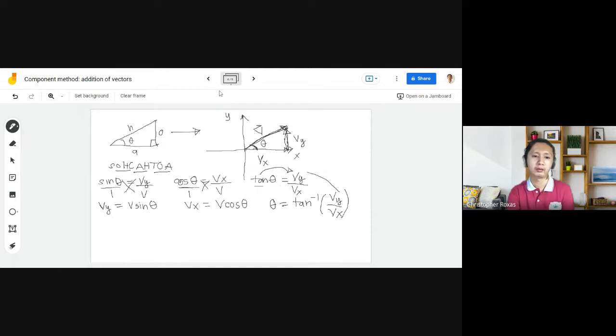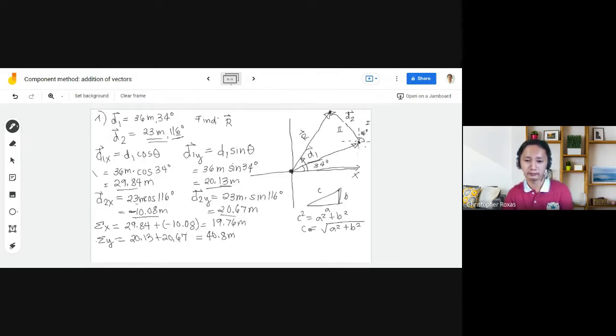looking back on our previous discussion, when we resolve the vector into a right triangle, it's like the vector is the hypotenuse C, the two legs, the x and y component are the two legs. So Vx is equivalent to A, Vy is equivalent to B. Okay? So applying this one to our problem,